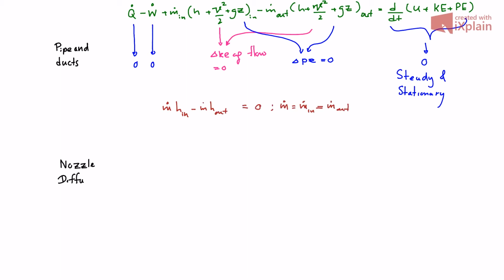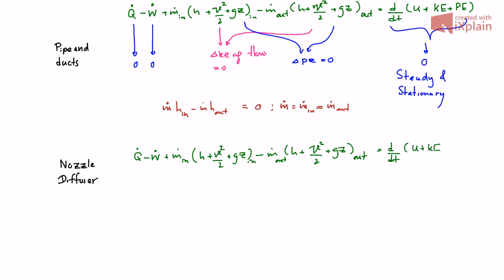When it comes to considering nozzles and diffusers, we have to consider the effect of velocity change. The reason is nozzles and diffusers are used for changing the velocity of the system. Generally, nozzles and diffusers are small devices, so the surface area is very small, so we can consider Q is equal to 0. In addition, W is equal to 0 because these don't have work coming into the system, and